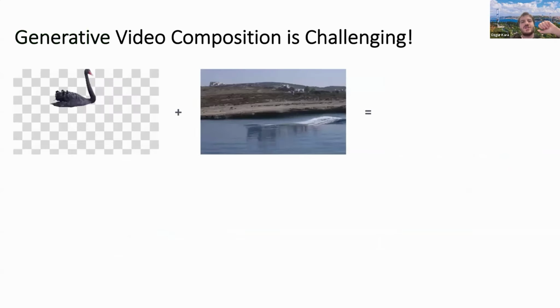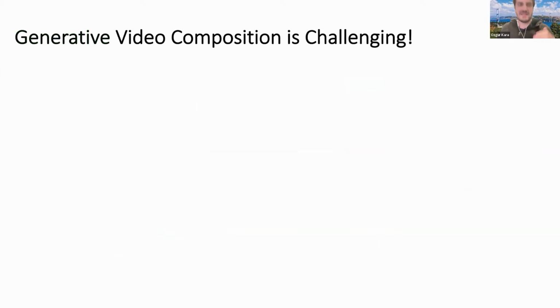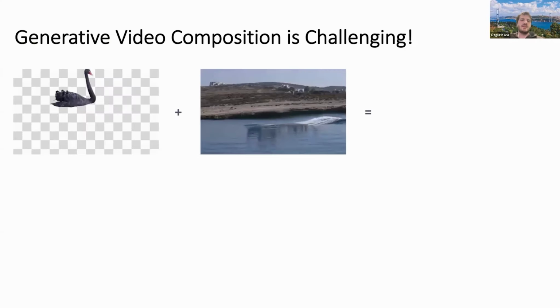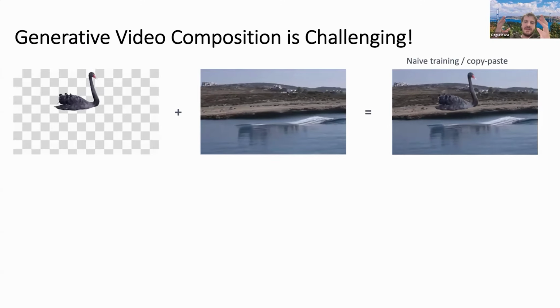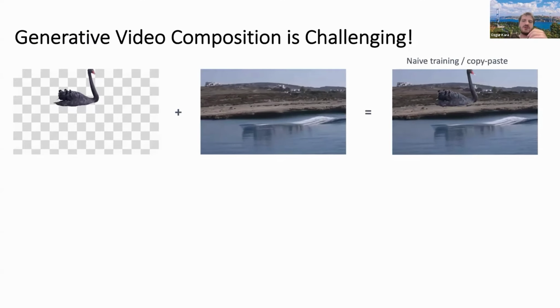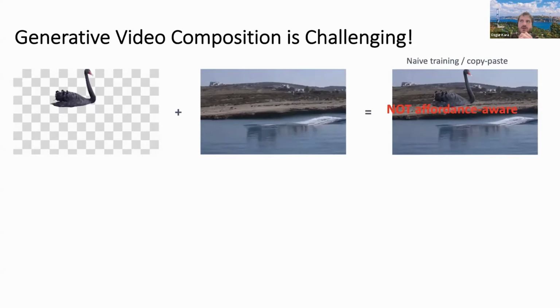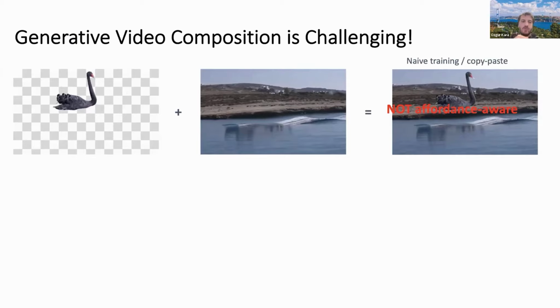However, generative video composition is not as simple or as straightforward as we described it. It's actually an extremely challenging task. If we use naive training, meaning we just take a model and collect a dataset and perform naive training using copying and pasting objects, the model will not be affordance aware. Okay, it will learn some operation of copying and pasting, which we can call shortcut learning, but it doesn't learn how the swan